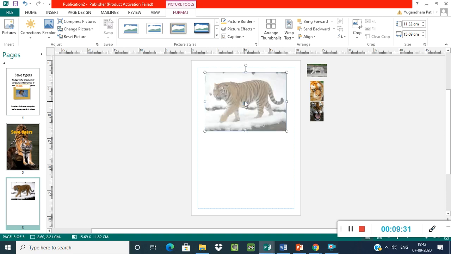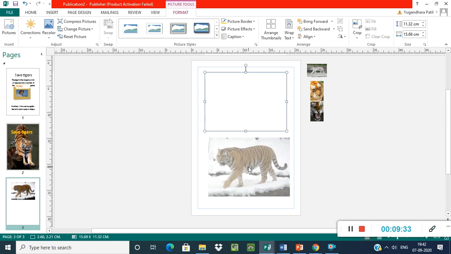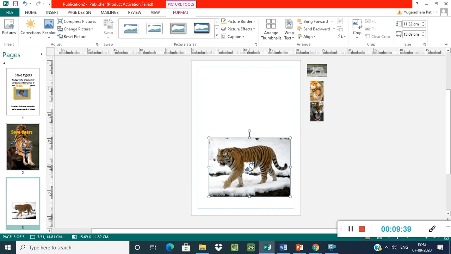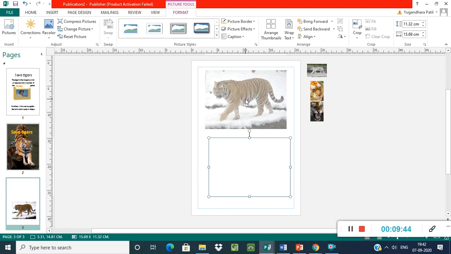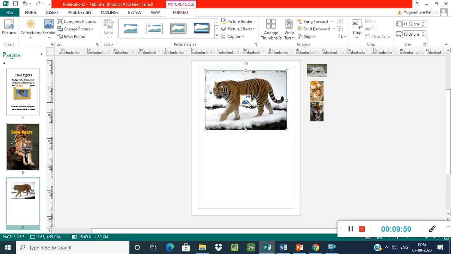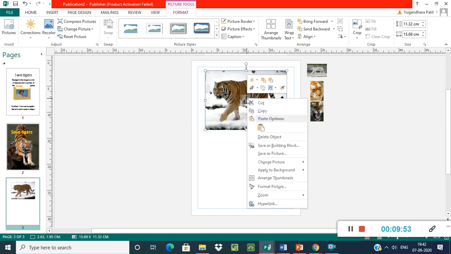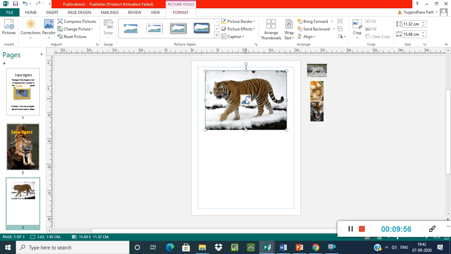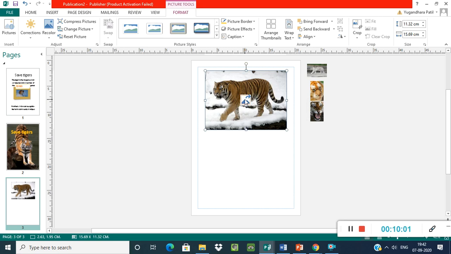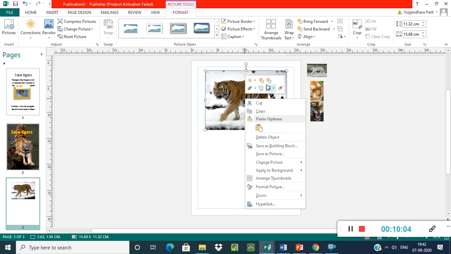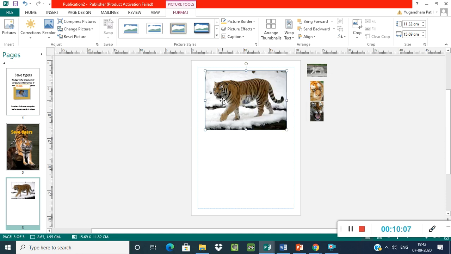See, like this. Suppose I am selecting this. See, my image is moving, but that box is over there, okay. That is called a swap, okay. See, suppose again I am dragging and dropping over there. After I drop the image, the border also comes over there, okay. This is called the swap. Suppose you select and right-click on this, see, many options are given here. That is called swap a text or swap a picture.